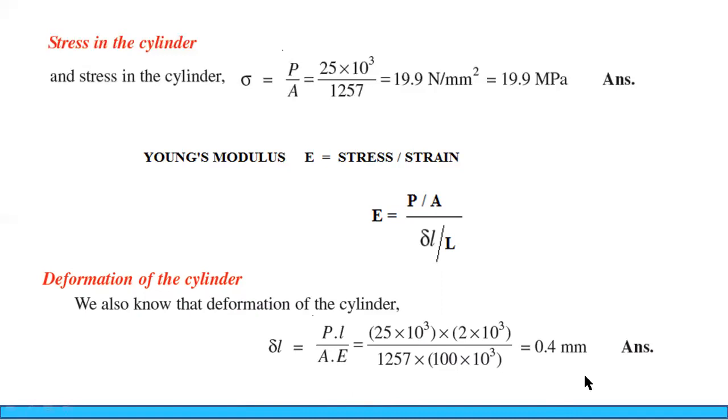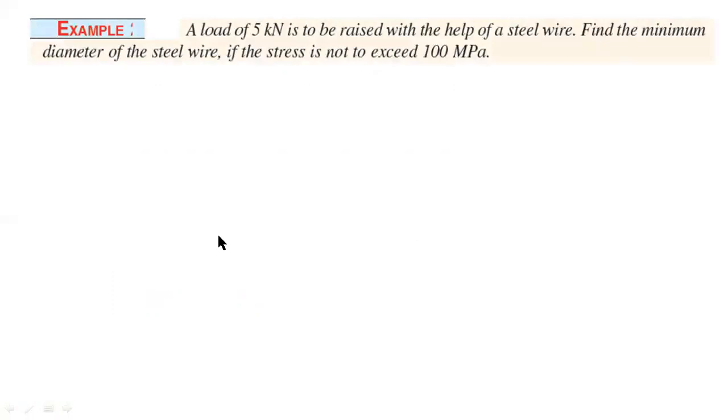Okay, now coming to the third problem, that is a problem on wire, a simple, small diameter wire. Okay, this problem is on circular cross section. Okay, here the given data is